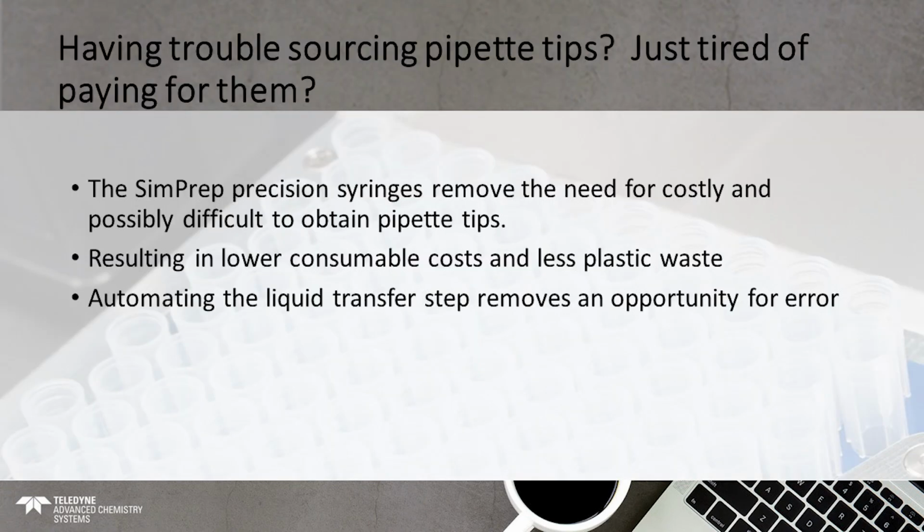Lastly, pipette tips. Are you having trouble sourcing pipette tips? I know we are. Or you're just tired of paying for them because the costs have gone up. The SimPrep precision syringes remove the need for costly and possibly difficult to obtain pipette tips. So this may be something that's in your SOP that we always use and suddenly we can't get. And I know there's a lot of labs that are struggling with pipette tips, and the SimPrep can remove the